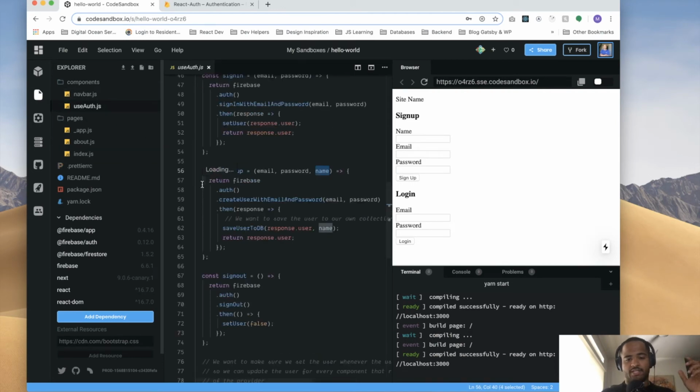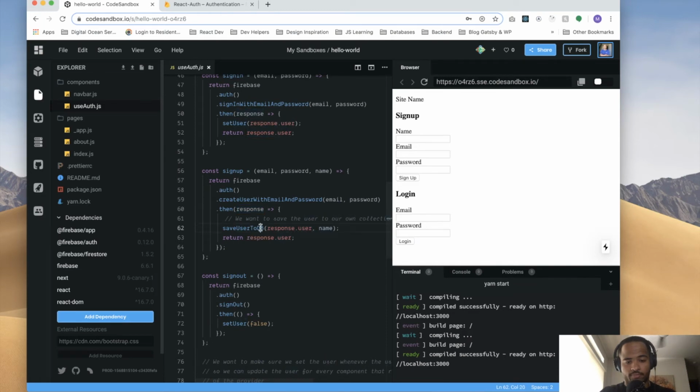So in there, it's just showing that you can collect anything. You can collect name, date of birth, all that stuff, put it in an object and pass that object through. You don't have to pass each individual variable so that you have a ton of variables in your parameters. You can just pass in an object with all that information here. So then we're going to call our own custom function here that's going to say save user to database